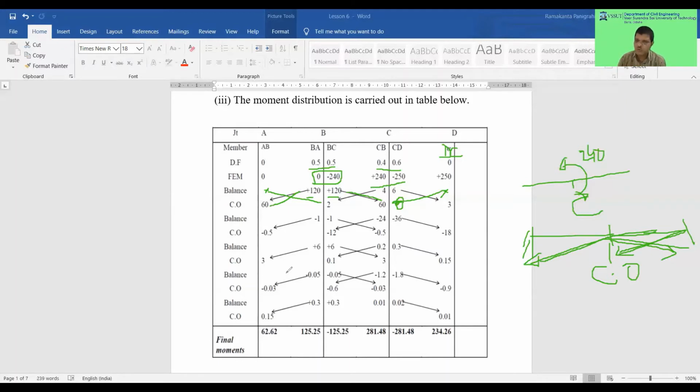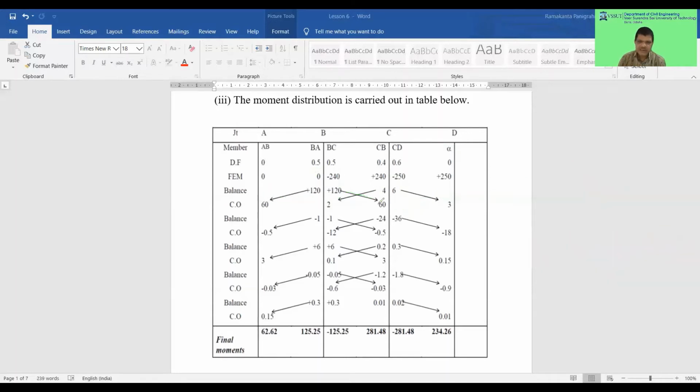Now, if we come to the second step, let me clear all these things. Now we come to the second carryover values. We got these. So these are the carryover values we have obtained. Now see, these carryover values will remain here. Nothing will be distributed because this is a fixed end. This moment will be taken by the fixed end, and this moment will be taken by the fixed end. Whatever moment comes to the fixed end, the fixed end is capable of taking all the moments. Now see, once you carry over, what is the unbalance now? Here the unbalanced moment is 2. Here the unbalanced moment is 60.